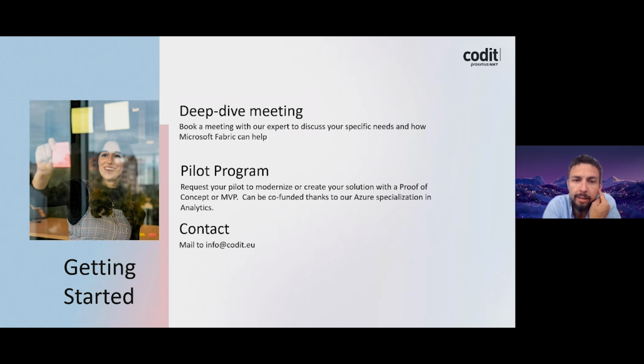How do I do the cleaning and things like that? Then we can go into deep dive meetings with you to get you a little bit inspired, to give you a kickstart on maybe identifying the right use case to implement first.